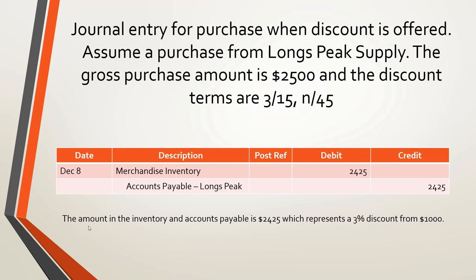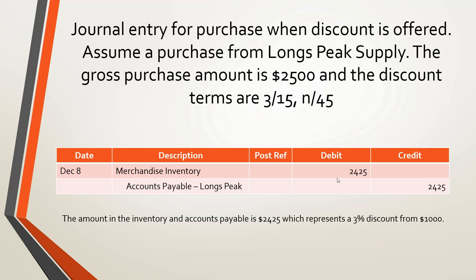So here we see a purchase that has been discounted. Remember, on our original purchase we recorded a few slides back, we had bought some merchandise from Long's Peak Supply, and the gross value of that was $2,500. They didn't at that time offer a discount. So if we throw in a discounted option for this particular inventory that we're purchasing, and if the terms are 3/15 net 45, that means as long as we pay them within 15 days, we're going to get a 3% discount. So a 3% discount on $2,500 represents